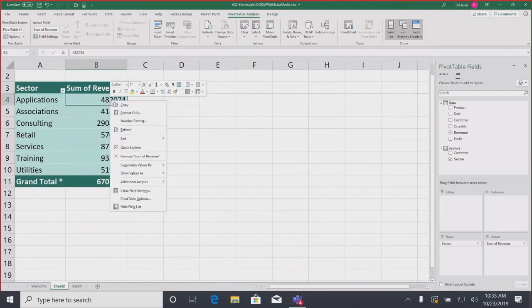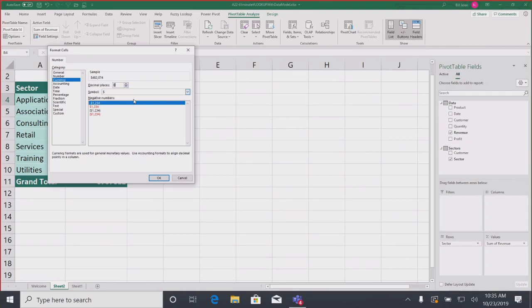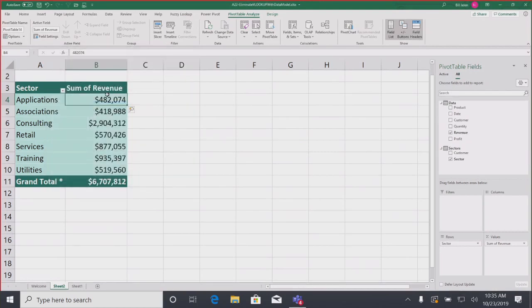Now, I'm going to right click here in number format. Still have to come in and say currency with 0 decimal places, right? There's no good solution to that. Even with the pivot table defaults, you can't say that we're always going to start in currency. All right, so it's just one of those things. All right, beautiful. Joining 2 data sets, and you can join multiple data sets, as long as it's a one-to-many relationship, like any lookup table would be.